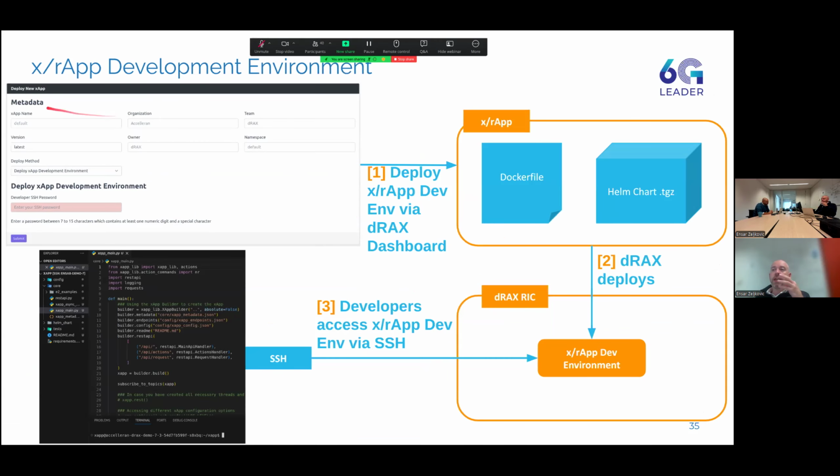One of the key things I wanted to mention is this xApp development environment, because we'll be using that in this workshop in the live xApp development to show you how that works. Using a form on the dashboard that we have, with one click of a button, we're able to deploy what we call the development environment. In the background, we take care of deploying this xApp on top of Kubernetes and integrating it into the system, installing all the pre-requirements that you need in that environment.